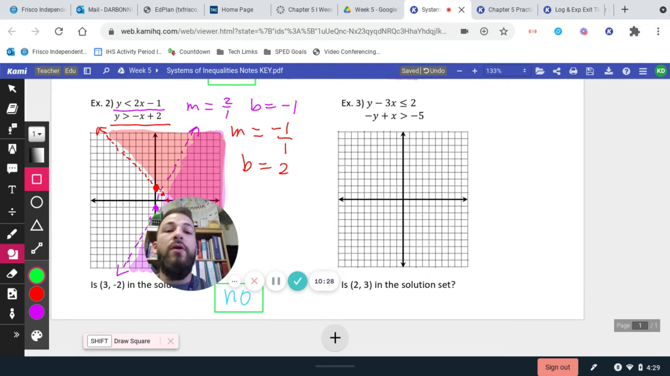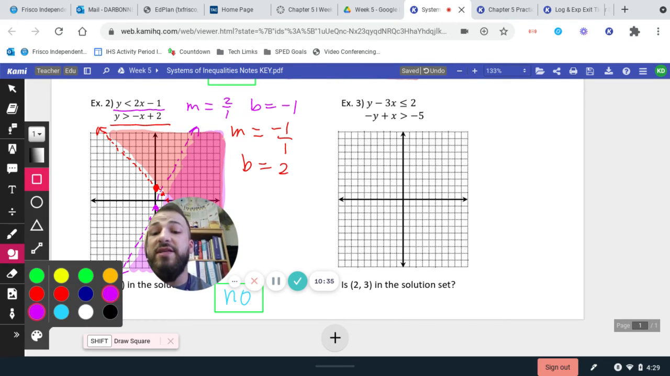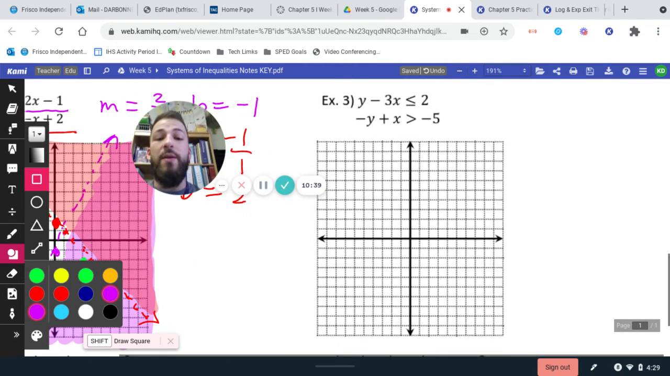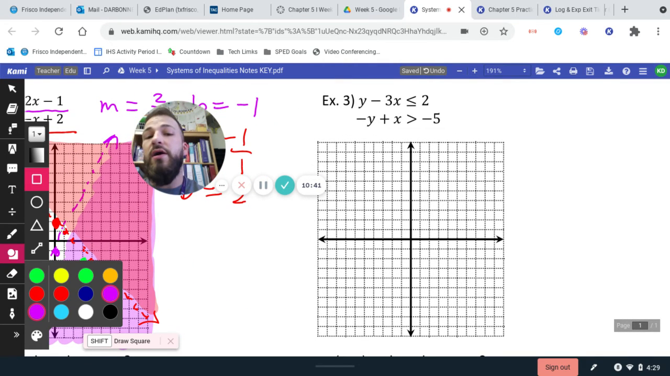So we have y minus 3x is less than or equal to 2, and we have negative y plus x is greater than negative 5. So this one, both of these are not solved for y yet. So we're going to have to solve them for y before we can graph them. So on our first one, I need to add that 3x over to the other side. So I get y,